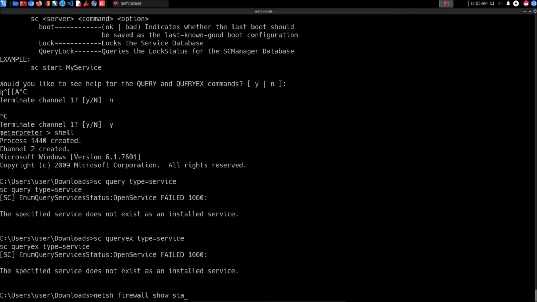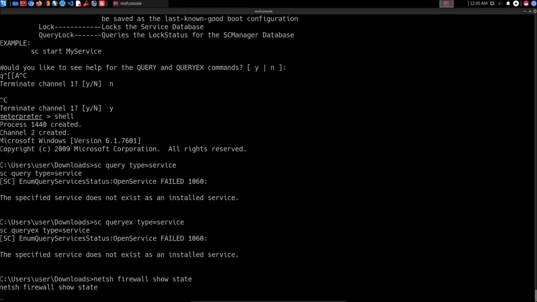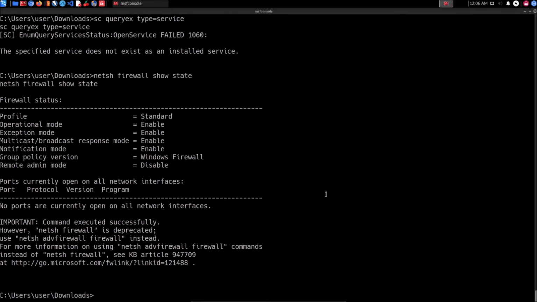So we want to check and see whether it's currently enabled and active. In our case, you can see that the profile is set to standard, the operation mode is set to enable, exception mode is set to enable, and so on and so forth. So what this means is that Windows Firewall is currently active and enabled, which means if we are trying to